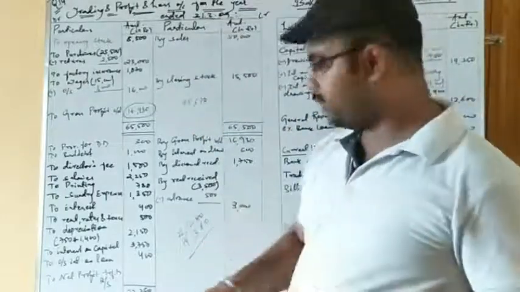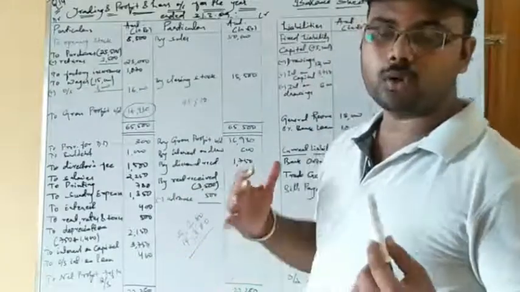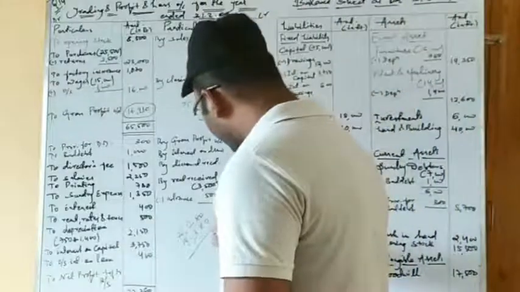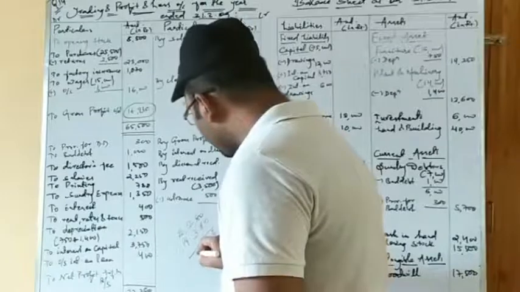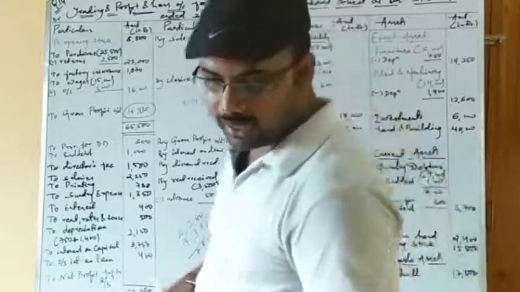As it is not visible properly, I request you to make the total properly in your rough areas. Okay, so let us see whether we are getting it or not. 0, 12, 3, 9, 11, 4, 7. The value we are getting is 7,900.